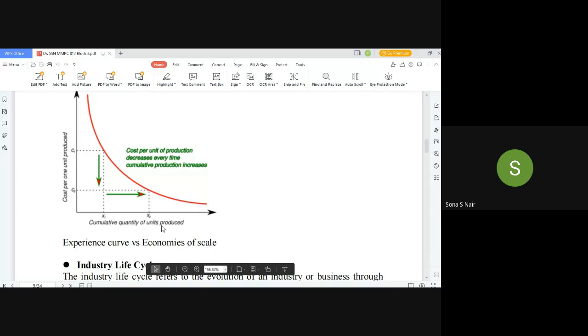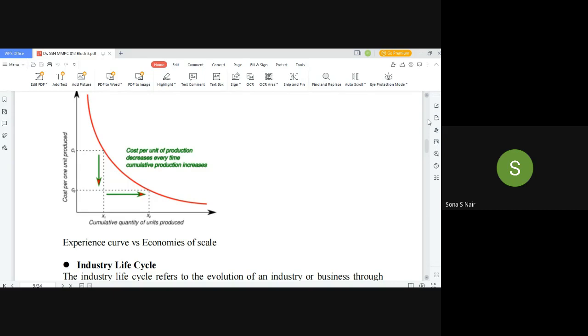We were talking of the economies of scale also. If you remember, there's a slight difference between experience curve and economies of scale. I would like you to find that out and see what is the difference. At the moment, I'll just explain the experience curve to you. We are talking of cumulative production. We are talking of the fact that from unit 1 to the unit that we are producing in the end, over a period of time, the cost per unit decreases. And that is called the experience curve.